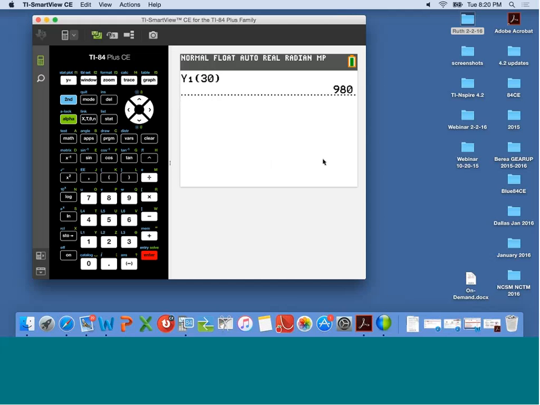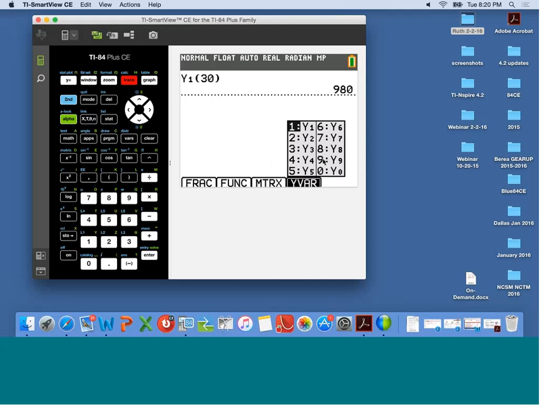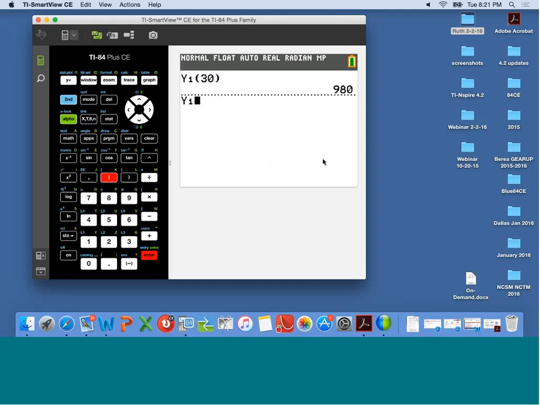I could have it calculate what is the function value for the function that's in y1. With our latest software on your 84 Plus and on the C and the CE, when you use alpha trace, you get the shortcuts that pop up for the y equals variables. They're still in the vars, y vars, but alpha trace gives me the pop-up from that. So I can use that on my home screen and function notation, what is f of